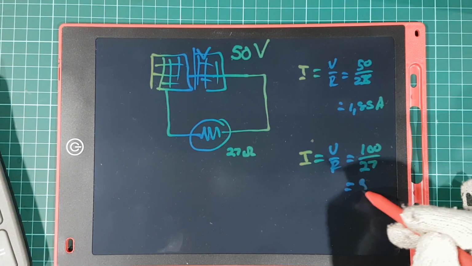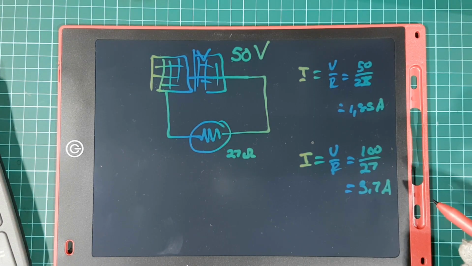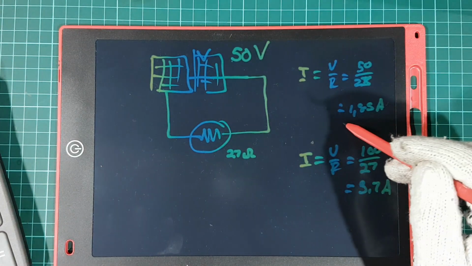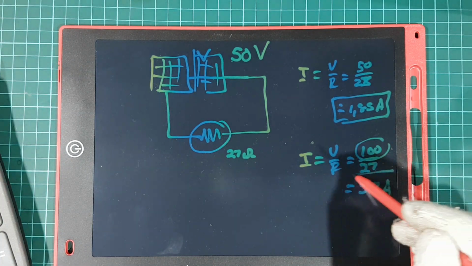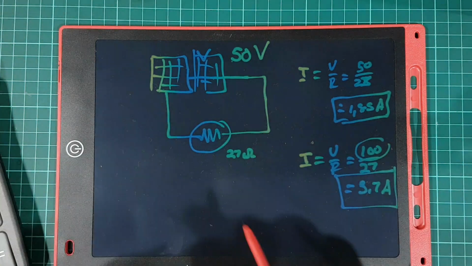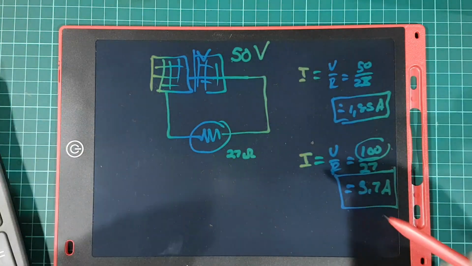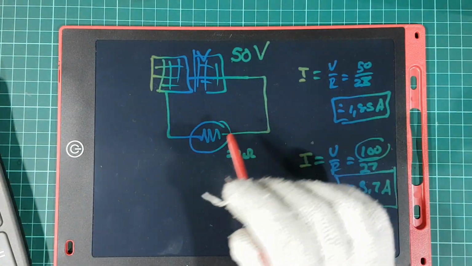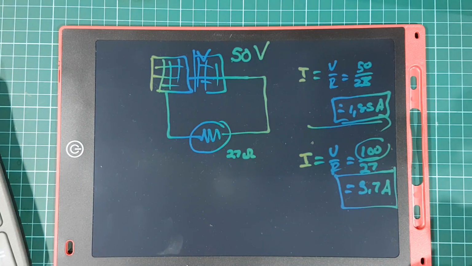And this will be 3.7 amps. So what we can see here is if there's less voltage available, we will draw less current. The more voltage we have available, the more current we will draw. So this system will actually regulate itself. The more power there's available, the more it will use and heat your water up faster. If there's less power available, it will limit itself and just take longer to heat up your water.